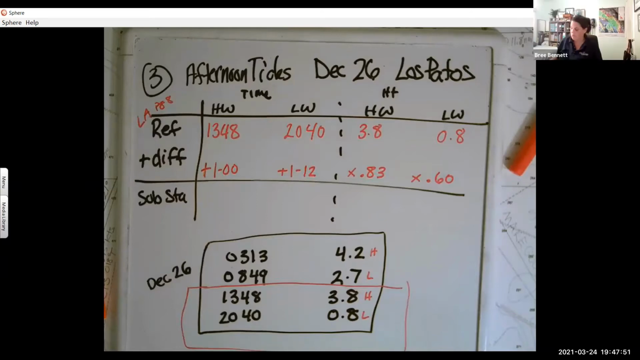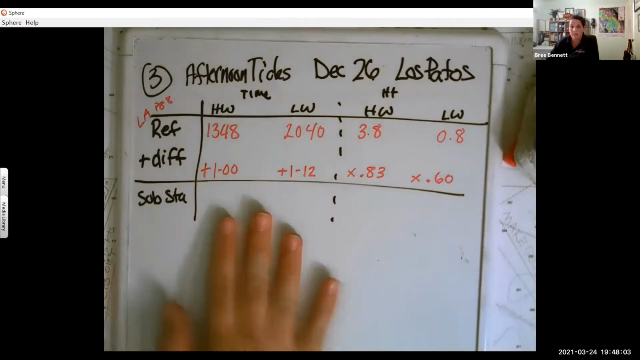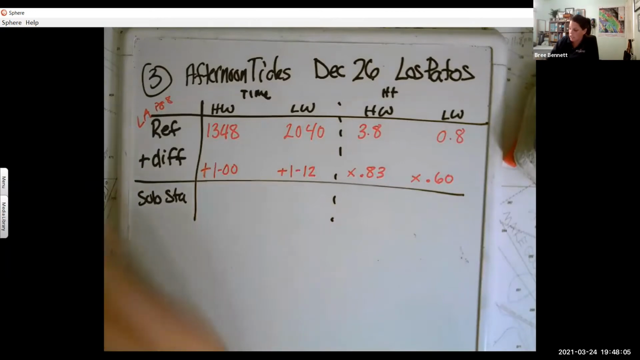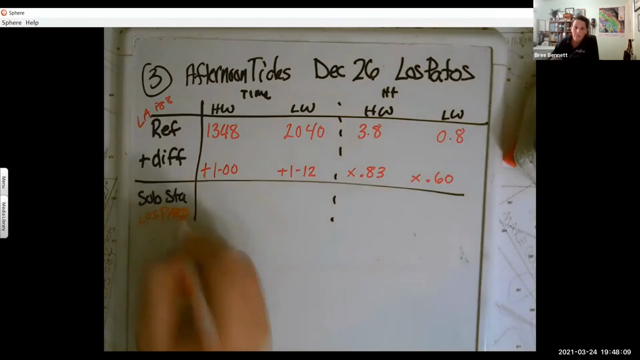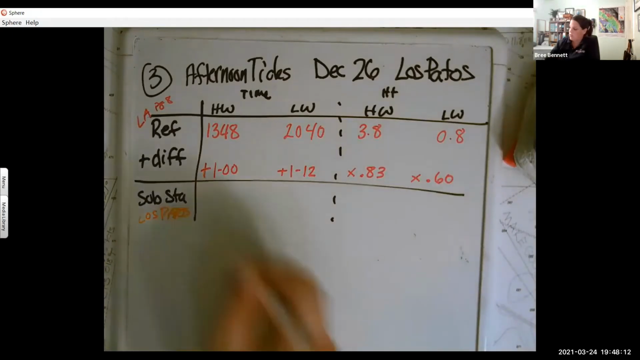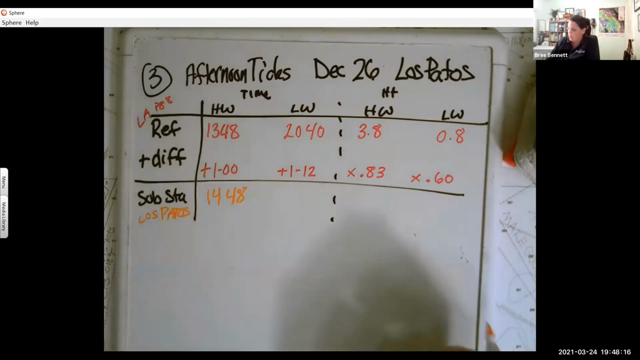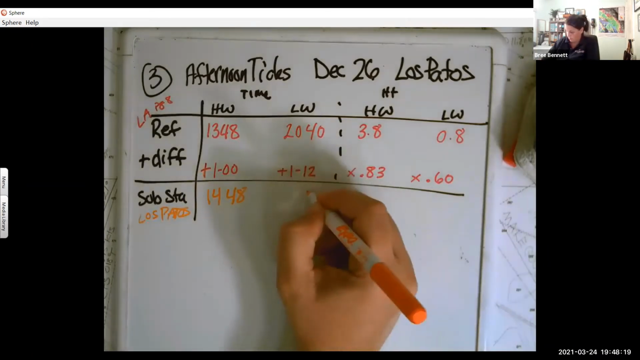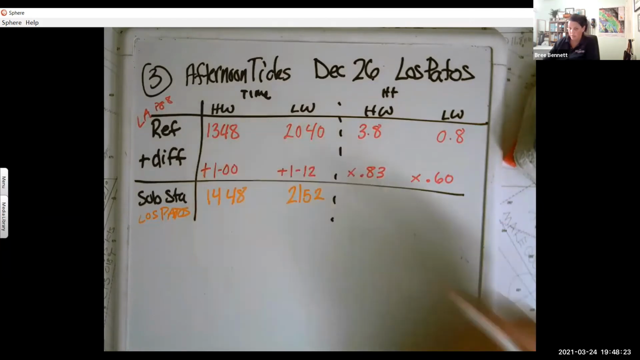Did I get my numbers right? Okay. Okay, so then we apply our numbers to get subordinate station. So we have 1448, 5221,